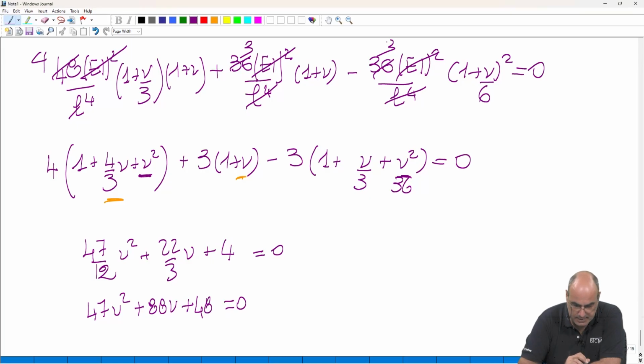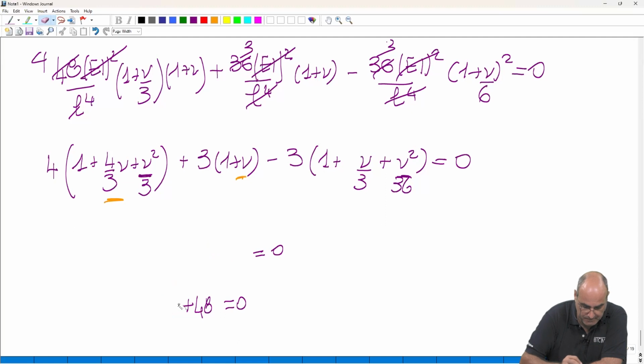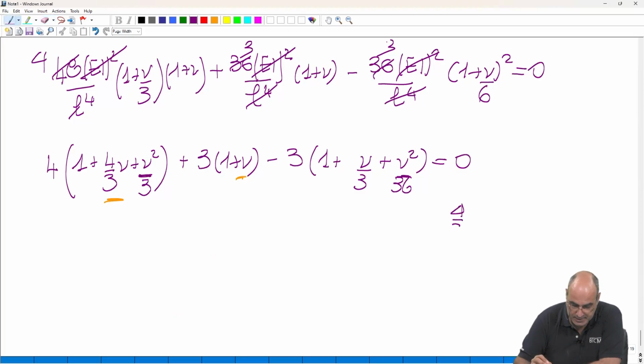But still there is something which does not convince me. 1 plus 4 thirds. Oh yeah, here is another mistake. It's ni square over 3, you see. I'm running too fast, apologies. So the terms in ni square are okay, 4 thirds minus 1/12,